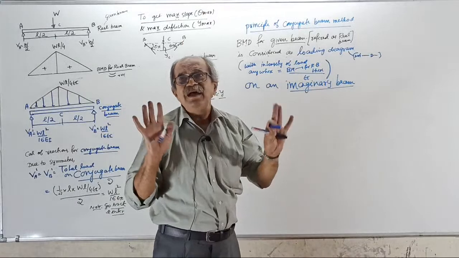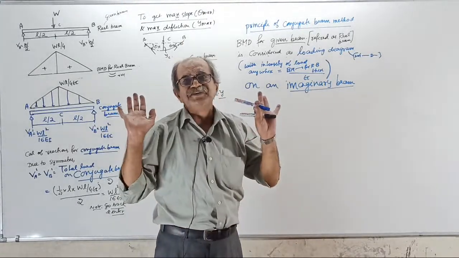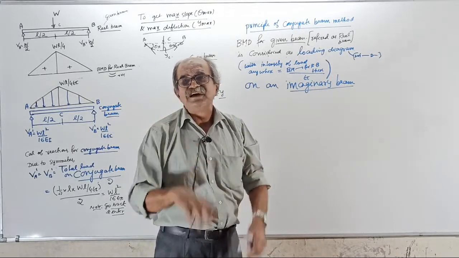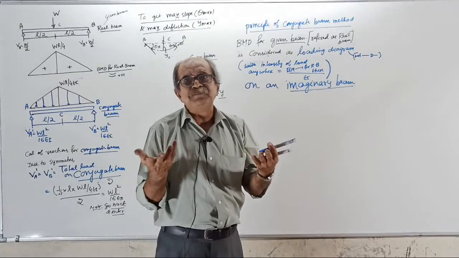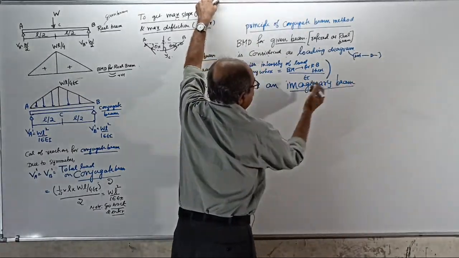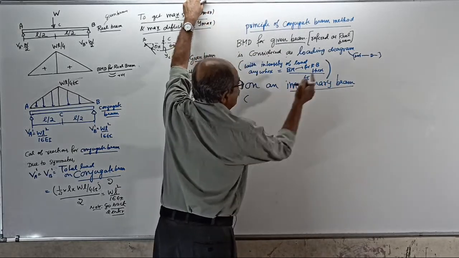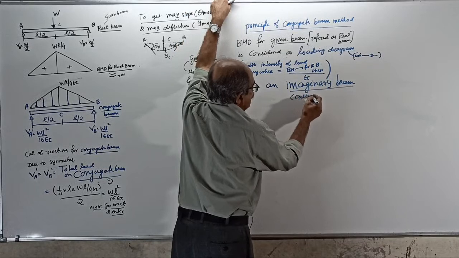In Kannada ಊಹೆ, in Hindi khayal, something like that. Pure imagination. That beam does not exist. You can't even see that beam. Imaginary beam, in the bracket, called